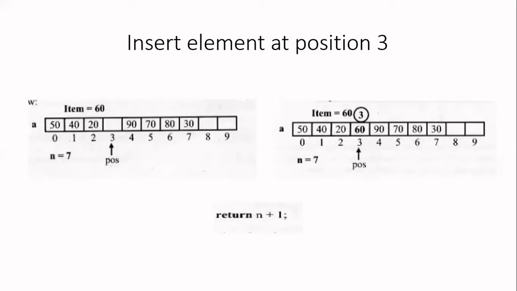So now n is increased from 7 to 8. Since n is increased, you have to tell this to the main function, because main function will not know. So to tell the value to the main function, you have to return the current value of n. So in this program, at the end of the function, you should write return n minus 1. If you don't write, n will be considered as 7 only inside the main. So remember, when you insert an element, finally you return the new value of n.